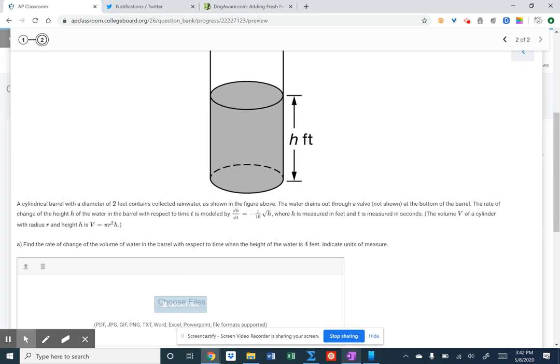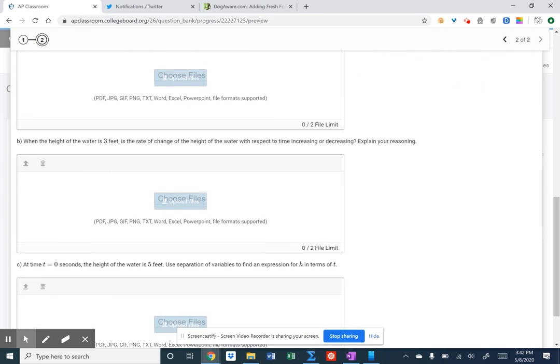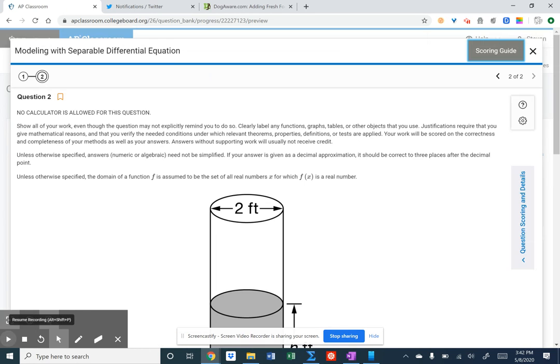All right, let's see if I can get back over here. This is when the height of the water is 3 feet, is the rate of change of the height of the water with respect to time increasing or decreasing. So a lot of people misread this, okay? So the key here to get this one correct,